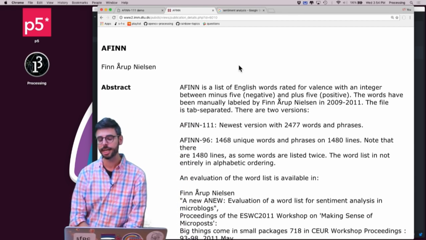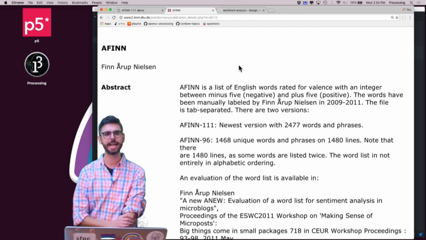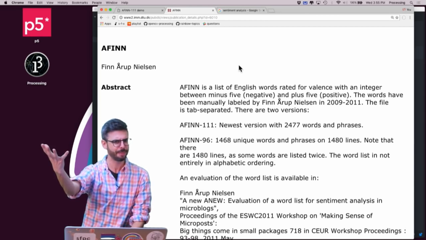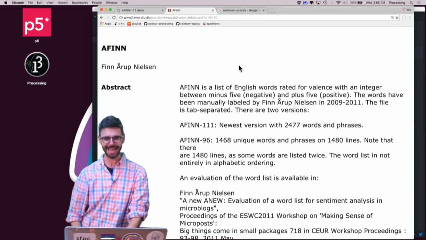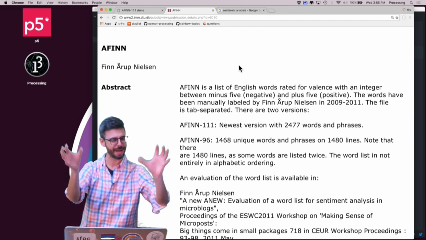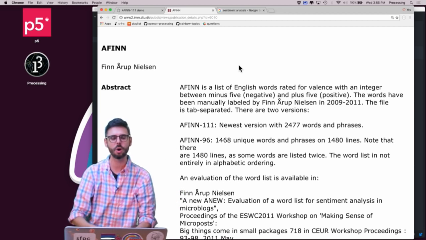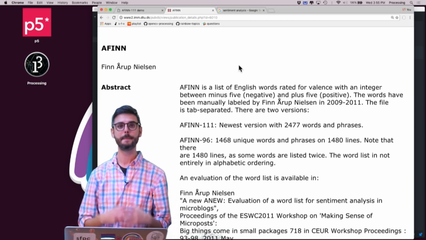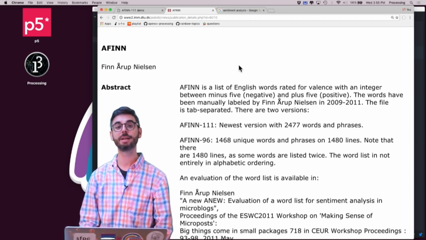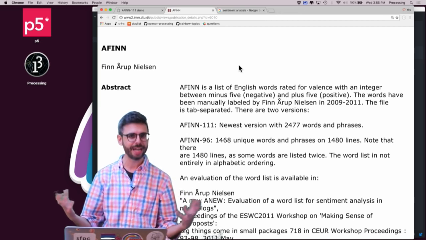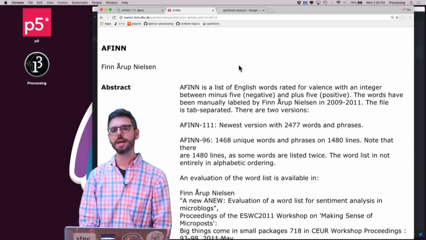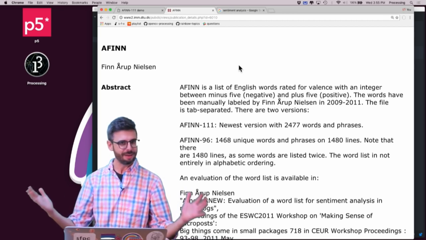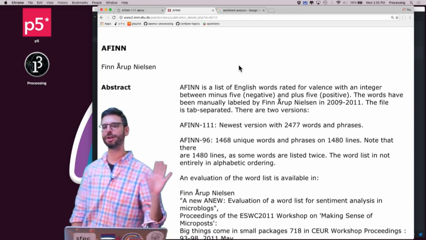There are machine learning systems that can be trained. Here's a lot of very positive essays, and here's a lot of really negative essays. Learn about them. Here's an essay. Please give it a score. Neural networks can do this. There's a technique known as Bayesian classification that can also be trained based on positive and negative text. And I'm sure there are many other techniques, but the technique that I want to look at in this